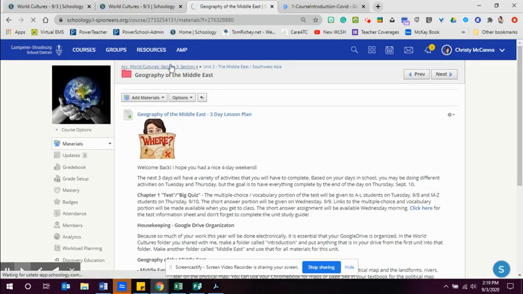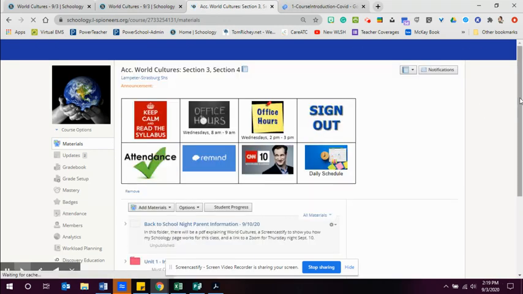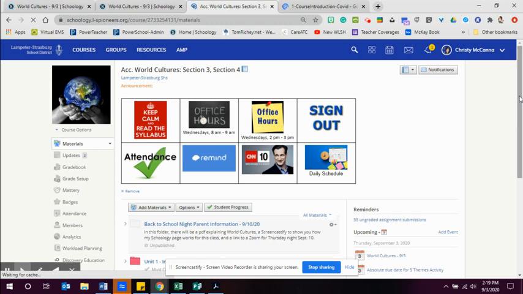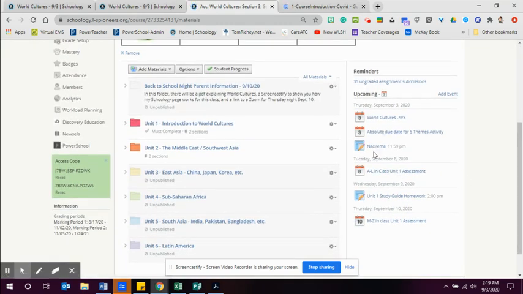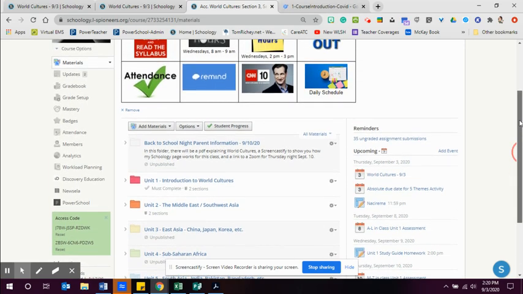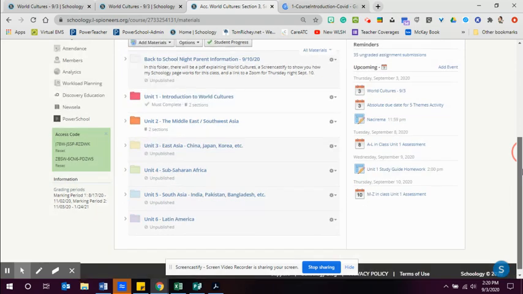So that's pretty much it. I encourage kids to look at the Schoology calendar for due dates. Assignments populate in there. So as I have created assignments, they become populated with the due dates in there. And that will help them sort of keep on top of everything.